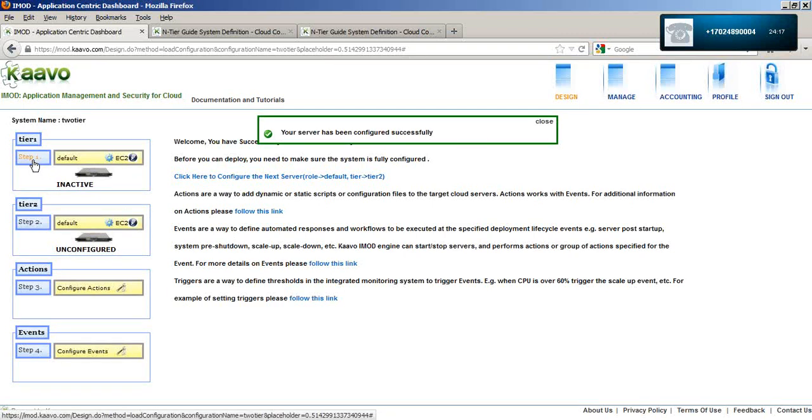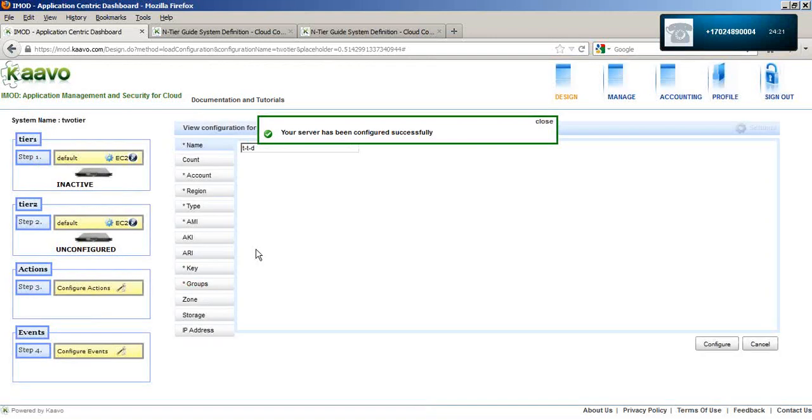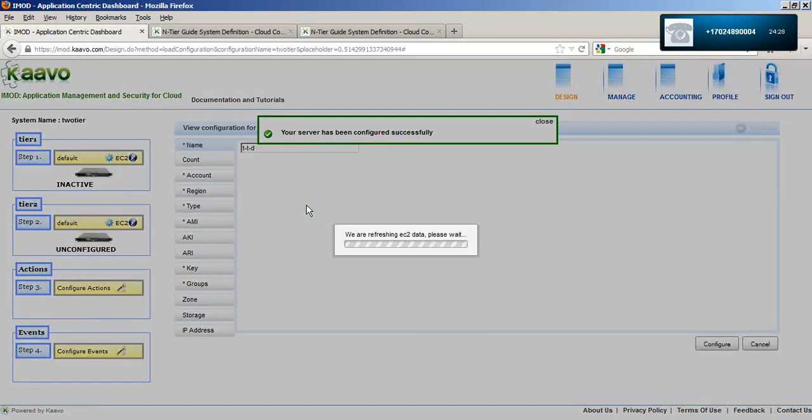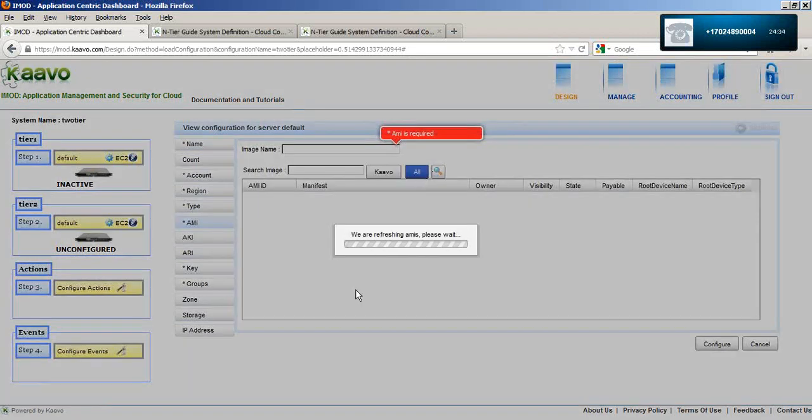Then reconfigure for US East 1 and US West 1 for some other image. IMOD is now querying EC2 to fetch a list of available images.